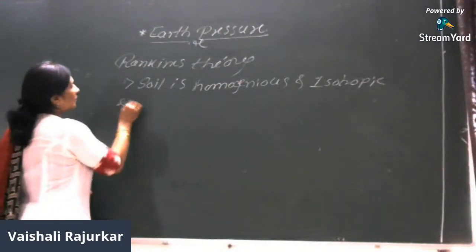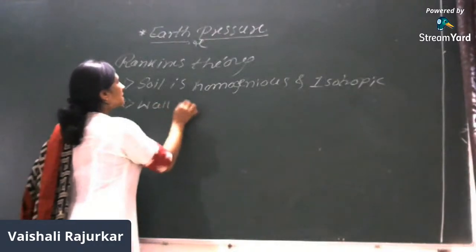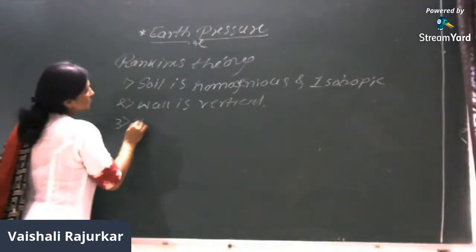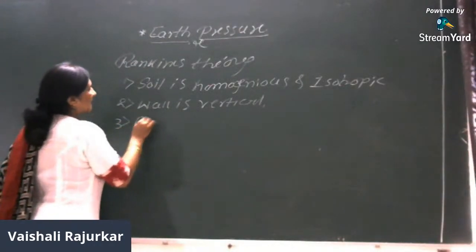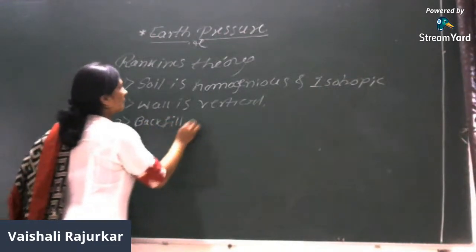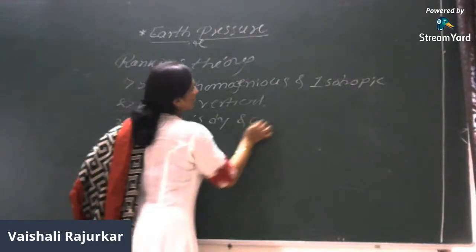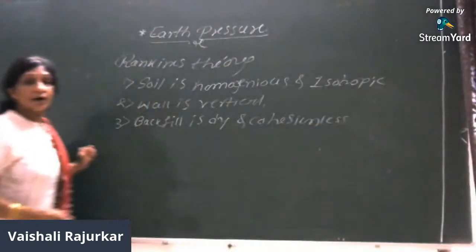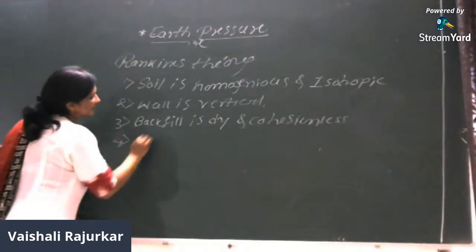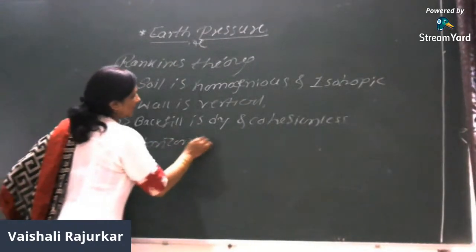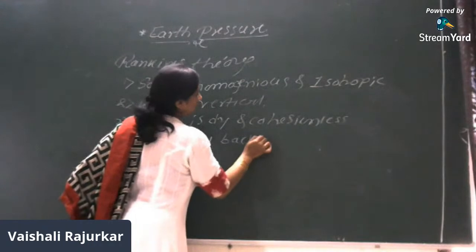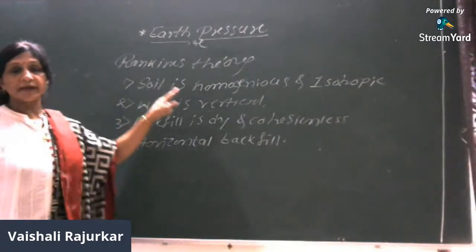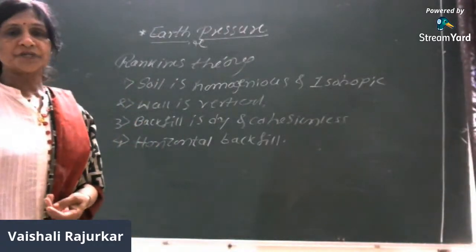Then the wall is vertical. Then the backfield is dry and cohesionless, and fourth is a horizontal backfield. Horizontal backfield is assumed. So the backfield soil under consideration is taken as homogeneous and isotropic,